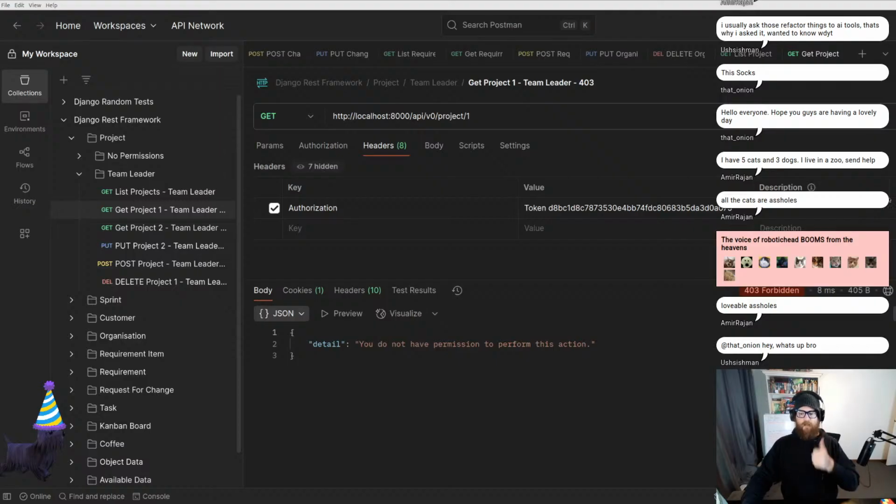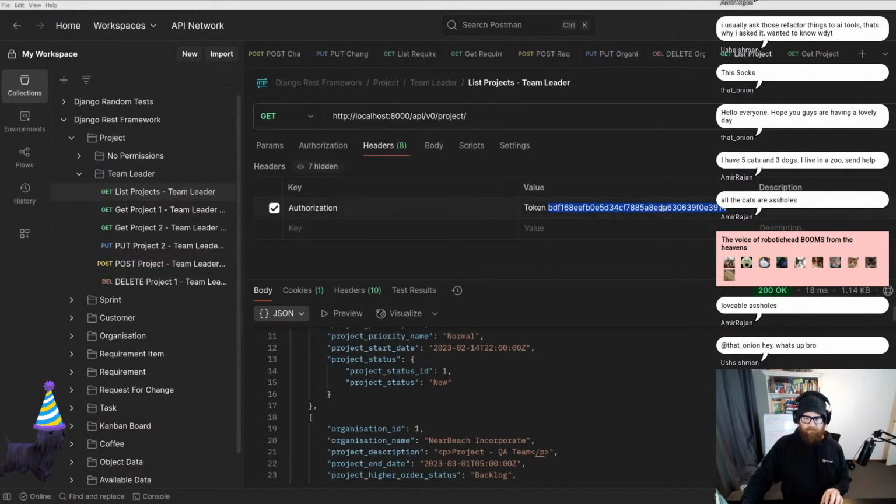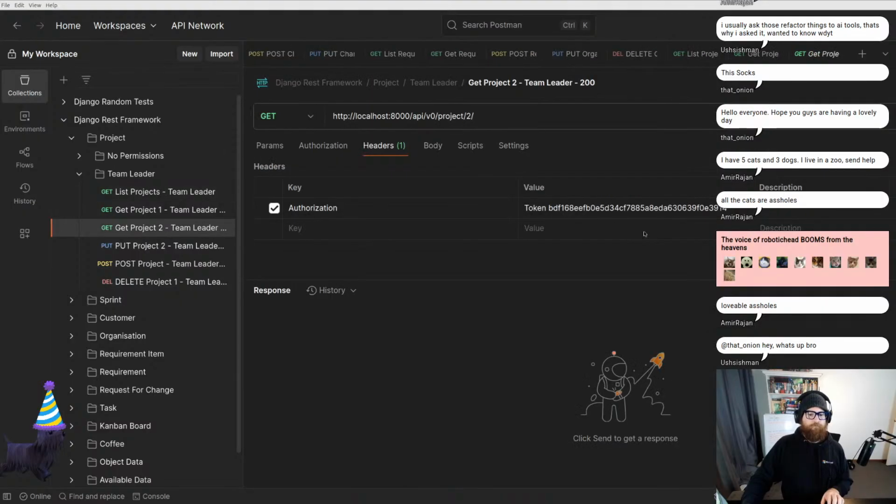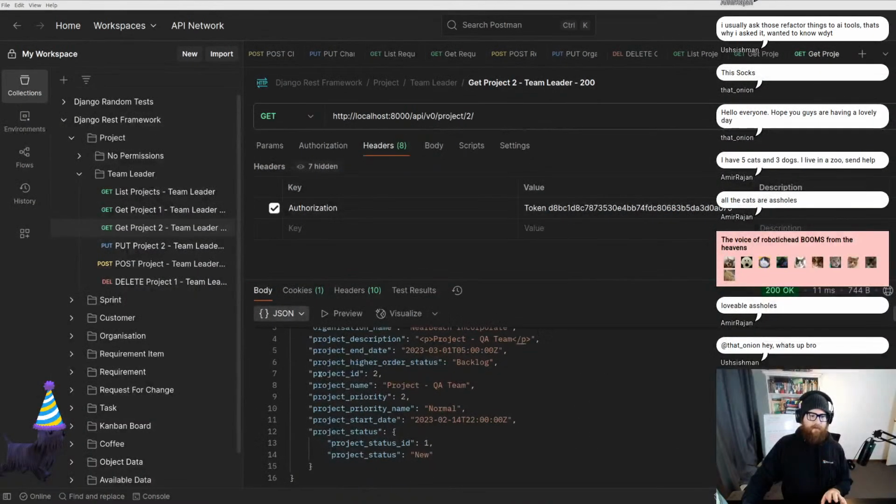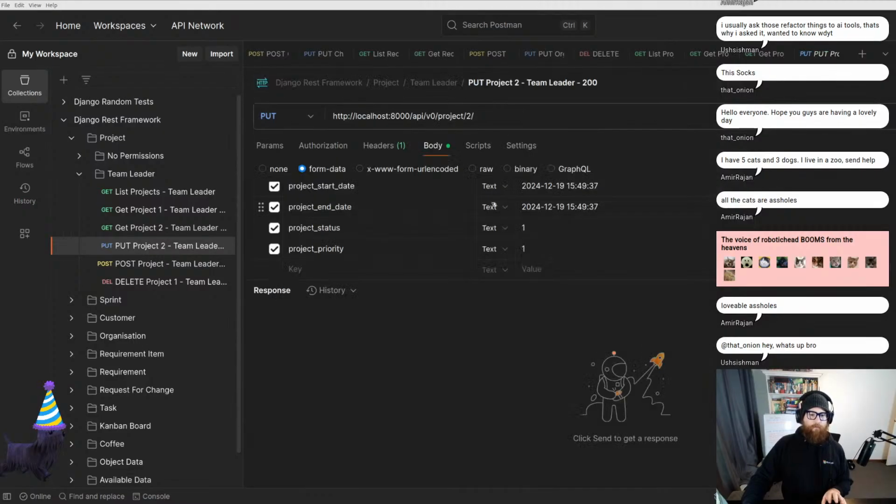Yeah, there we go. I just had the admin token in there, so that was my bad. All right, so if we go into this one works. Now with the put,